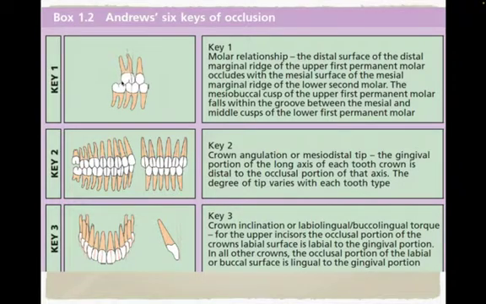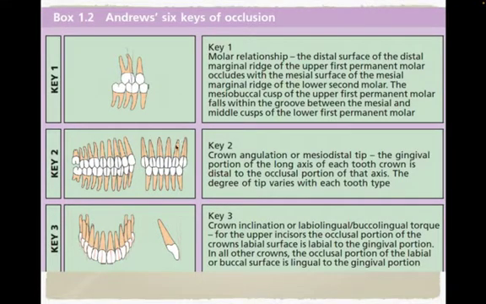So the distal surface of the distal marginal ridge of the upper 6 should occlude with the mesial marginal ridge of the lower 6. And the mesiobuccal cusp should be sitting in the groove between the mesiobuccal cusp and the distobuccal cusp in the lower molar. So in order to get a normal occlusion, as suggested by Angle,